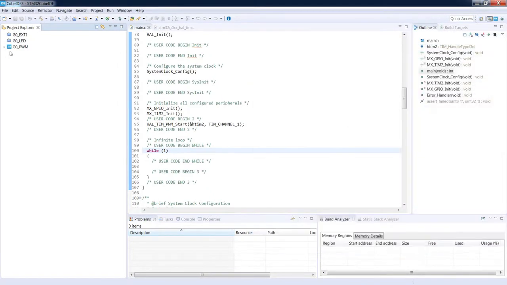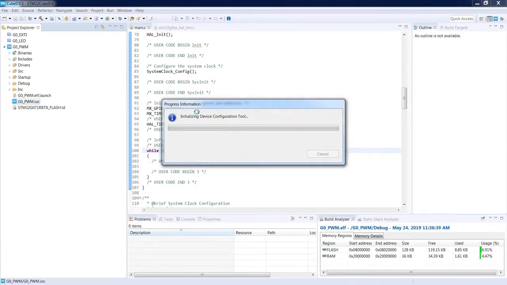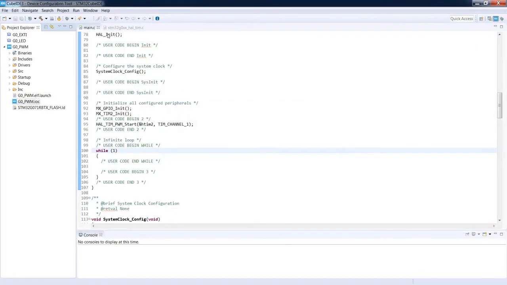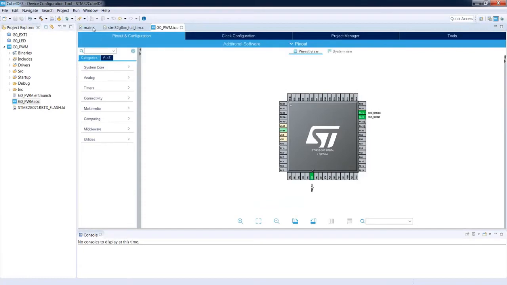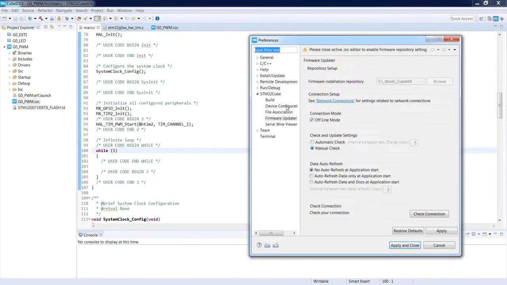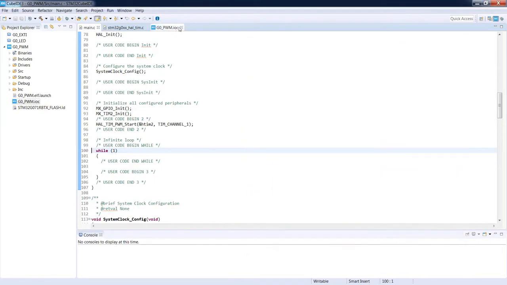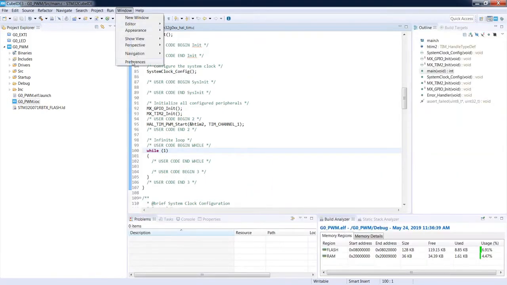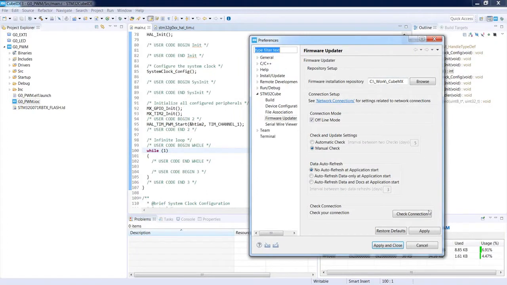So for example, if I would open the IOC file for this project, and I will go to Window Preferences, you see, firmware installation repository is inaccessible right now, and there is a warning that we should close the IOC editor. Okay, so I close it. I come back to this again, and now I can edit.